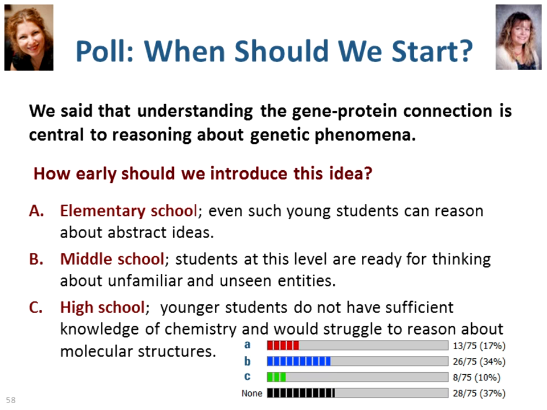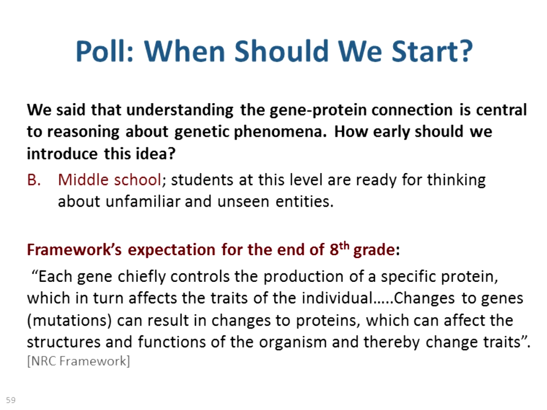All right, so we have, I would argue, a majority picking B, middle school, and some A and a little bit of C, and in fact, you are correct. So the NGSS and the NRC framework argue that middle schoolers can reason about genes as coding for proteins, and I want to make clear here that when we mean genes coding for proteins, it's this notion of genes as information for proteins, more in a recipe sort of way, and proteins as these little machines that can do things in the cell, right, that can carry out functions.